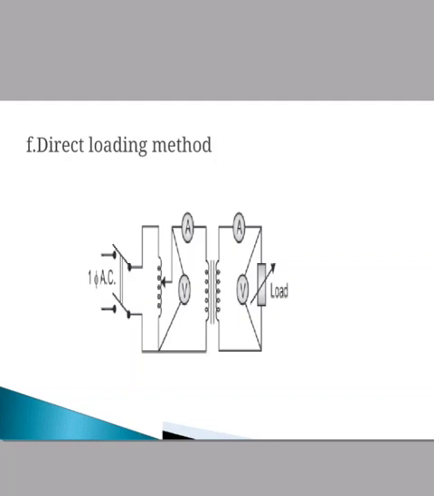This condition is maintained till the final steady state temperature is reached. The load is then removed, the supply disconnected and the winding resistance measured immediately. From the initial resistance, that is the resistance at ambient temperature, and the resistance at full load condition, the temperature rise is calculated. The formula we have already discussed.